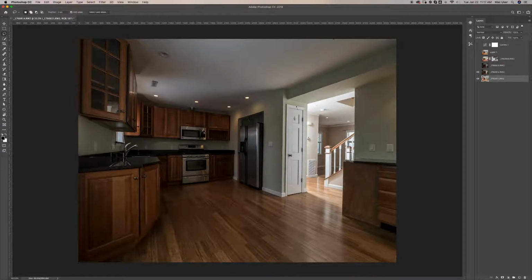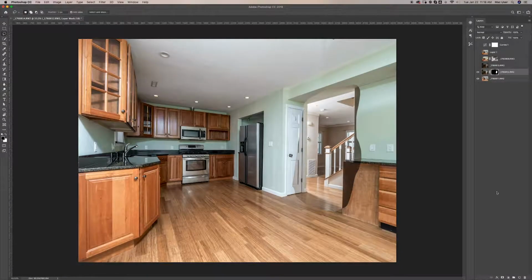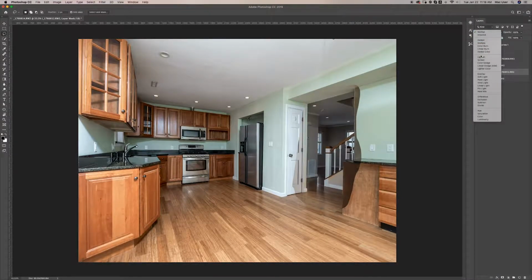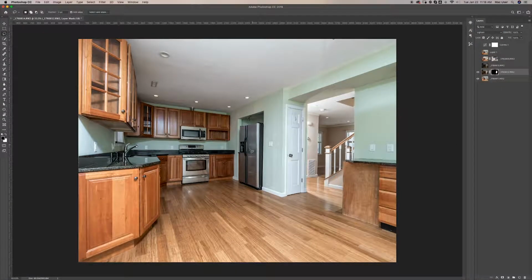So just quickly, I'm going to create a lasso using my lasso tool, making sure that layer is selected. I'm going to click the mask icon, it creates a mask, switch it into lighten mode, open up my brush. We'll make a pretty soft brush here. And then, what's my flow? Opacity 100%, flow 13%. And then just kind of manually blending it in